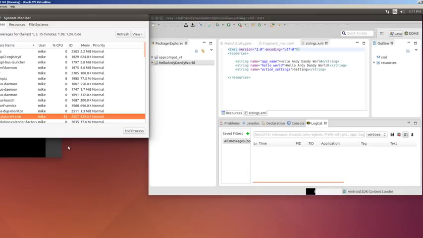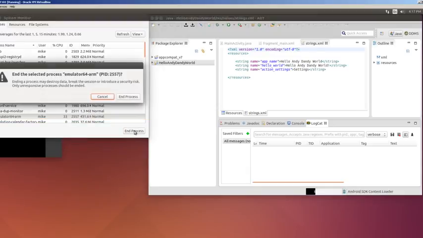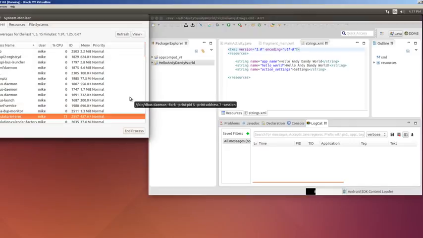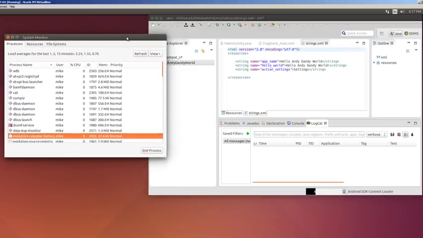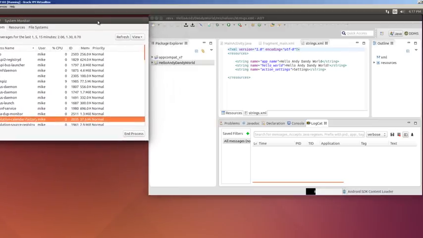It may not take up anything. If I end the process, now this is PID 2557, end the process. Sometimes it shuts off, sometimes it doesn't shut off. But either way,